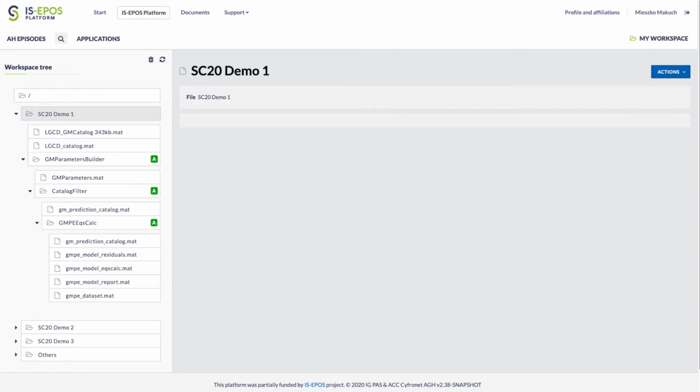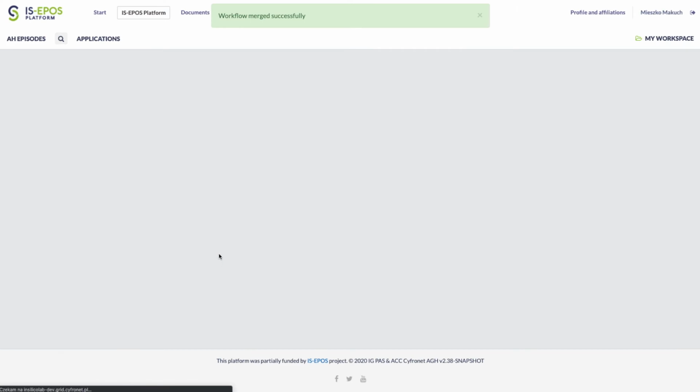Okay, so let's see how it works in practice. During this demo, I will show you the merge workflow action and other complexity management features. At the end, I will also demonstrate some real-world use cases. So again, this is my workspace view. I'm going to use the set of applications that we created in the first demo to show you merge workflow action. I can merge this directory to workflow using the merge workflow button.